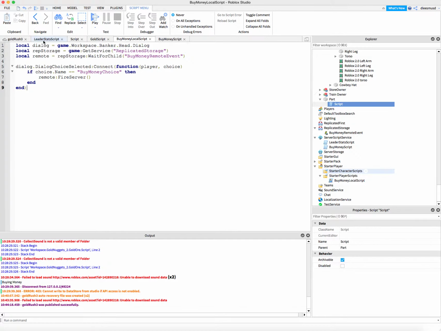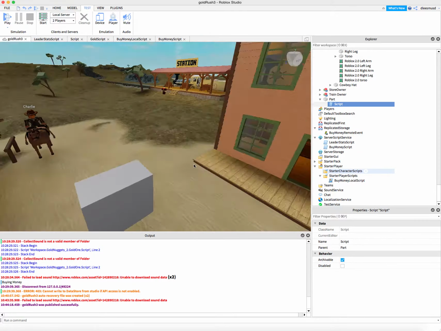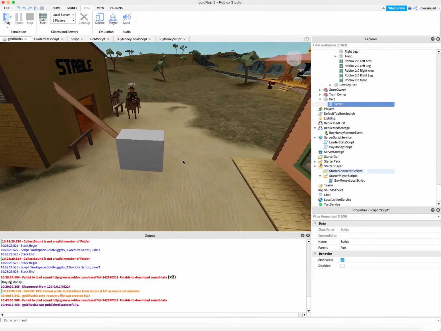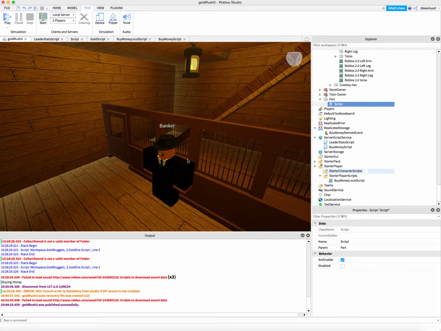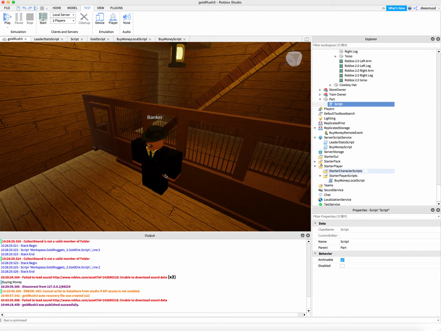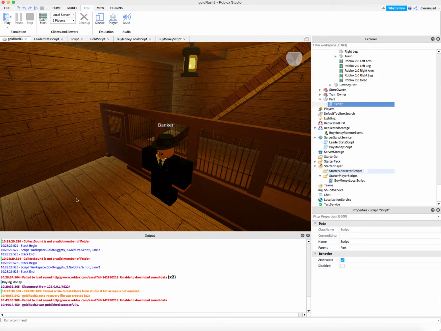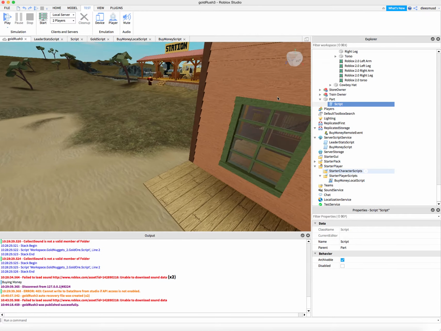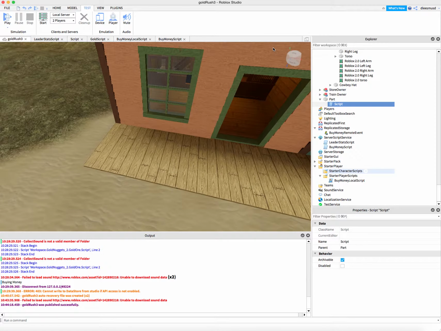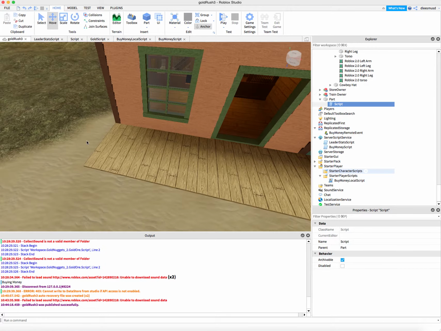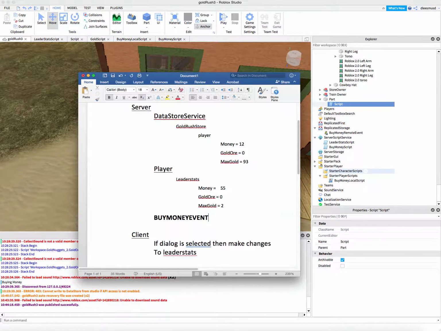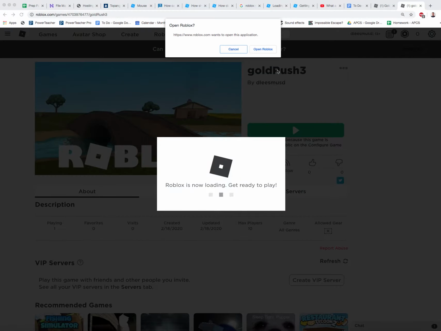Alright, so what we want to do now is test to see if that entire process worked, of detecting the dialog choice that was selected by the banker, and seeing if the transaction takes place and the banker changes the number of gold ore into money. So let's go ahead and test to see if this works. Of course, we need to go to File, Publish to Roblox. And then from there, we're going to come here and play our game,